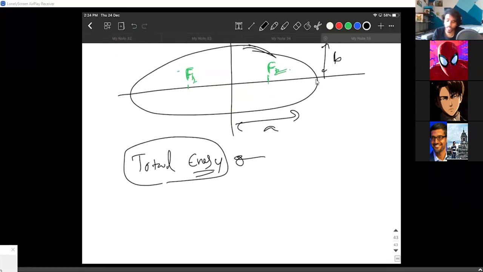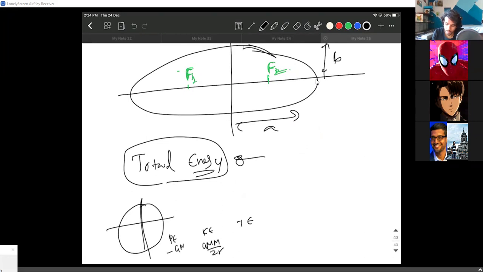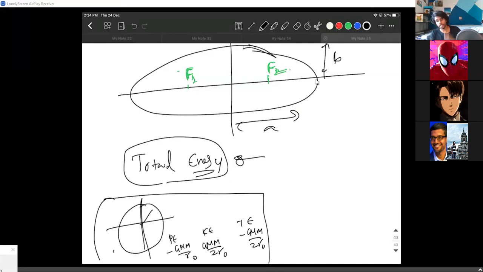For a circular orbit, we clearly did that easily. Remember, for circular orbit, we did the potential energy, kinetic energy, and total energy. Do you remember the values? What was the kinetic energy? GMm by 2R. Potential energy was minus GMm by R. The total energy was minus GMm by 2R, where R is the orbital radius. For a circular orbit, we clearly did that. But what about an elliptical orbit? Can you people tell me anything about it? No? How do you do that?